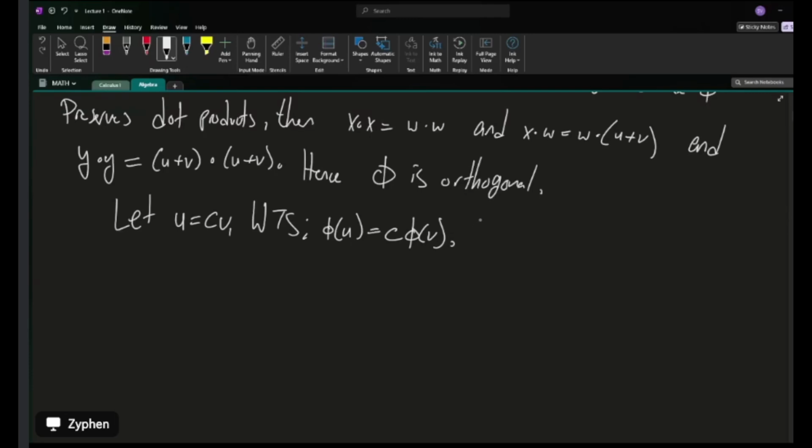If we let x is equal to phi of u, so we're going to redefine x, and y is equal to phi of cv,